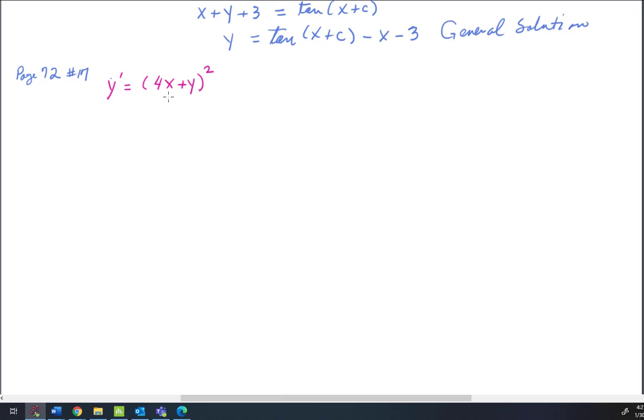ax plus by plus c, so it's first order in x and y, and the c is 0 in this case. So we would try to follow the same procedure that we did before. We would want to let v, I guess we'll go this way, we'll let v equal 4x plus y, so that v prime would be equal to 4 plus y prime,